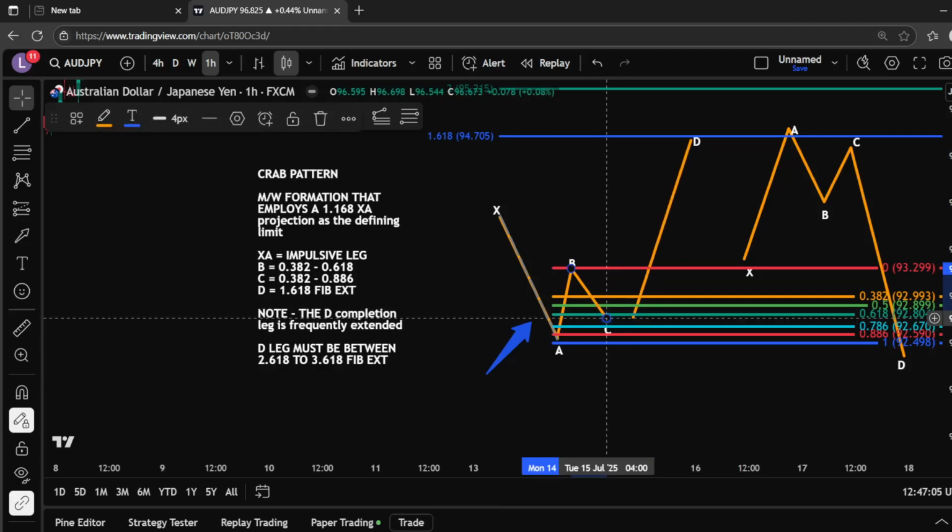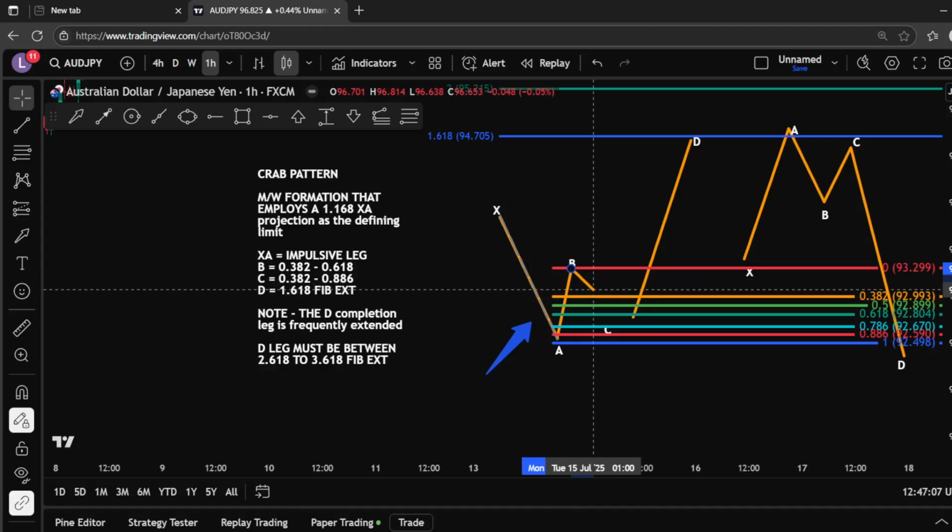This B leg down to form the C must touch 0.382. If it does not touch the 0.382, then the pattern is invalid. All right. So it must touch 0.382. It can exceed all the numbers,